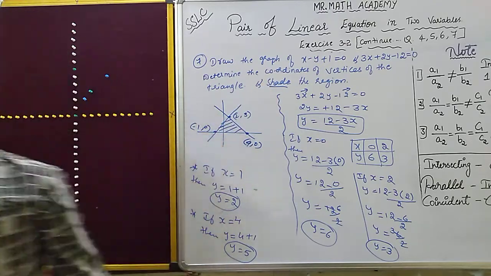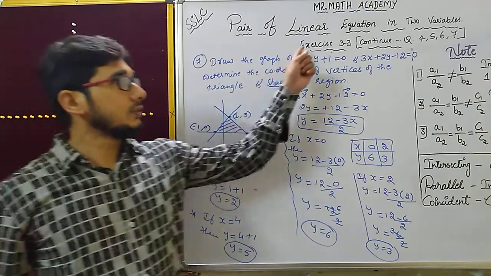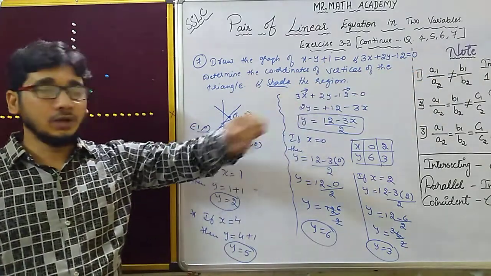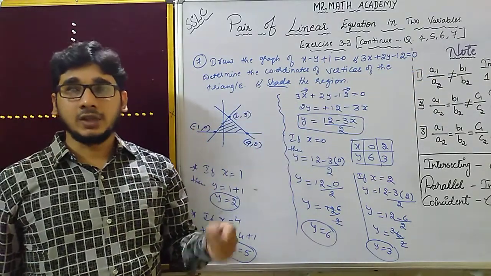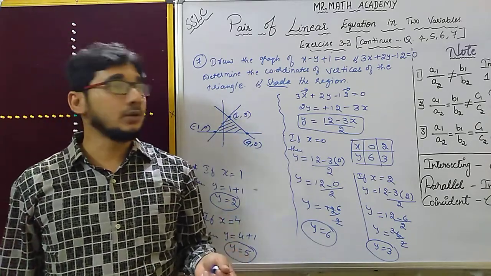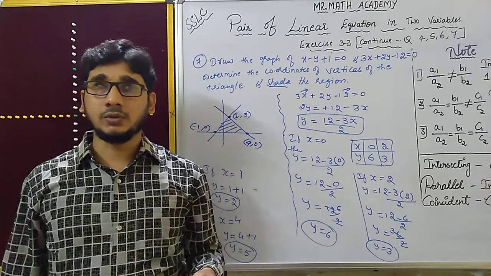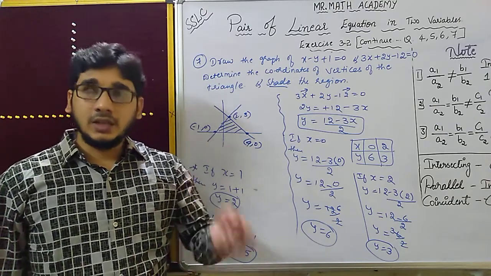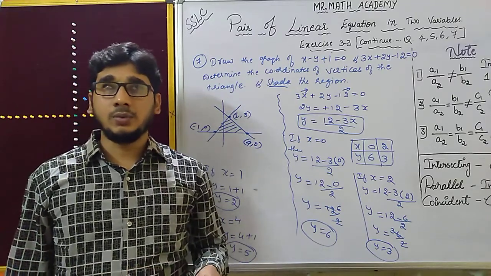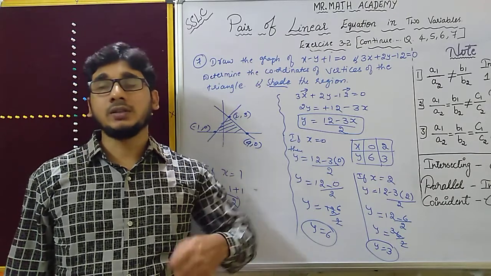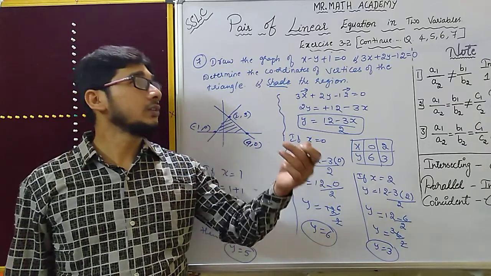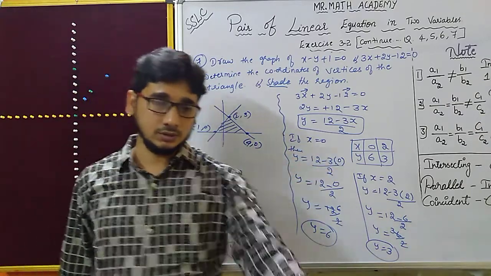This is what we have completed, exercise 3.2, question numbers 4, 5, 6, 7. Now we'll go for exercise 3.3. I got from the sources that exercise 3.3 is not there for this examination, I think so. If they include it in the final examination, or else by December we'll get to know the complete information, I'll make the video for that exercise also. If not, I'll go for exercise 3.4 or whichever. Just I'll look into that.